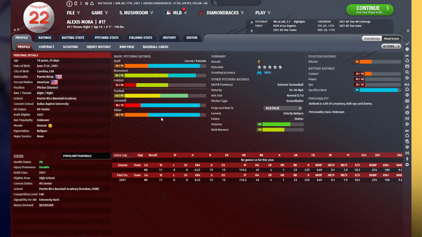Alexis Mora. This is a three pitch guy that's a little bit more tempting to me because of his exceptional movement. In these games, you're going to see the really high importance of stuff and movement, as catcher ability will help you limit your walks no matter really where your control is, and a lot of home runs are going to be on the table, so getting that movement up to those really high levels to kind of eliminate that threat for the most part to your pitchers and optimizing the amount of strikeouts you can get, guaranteed outs,